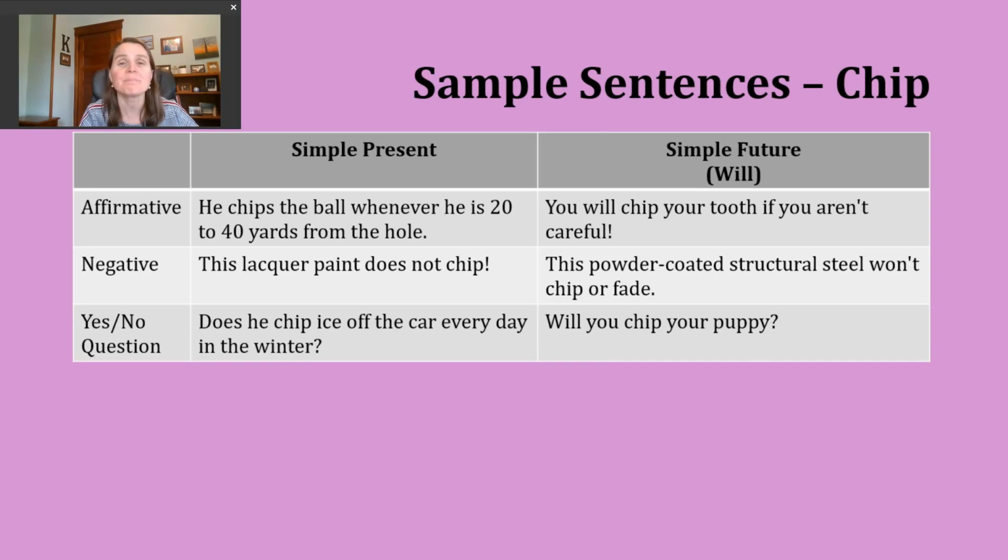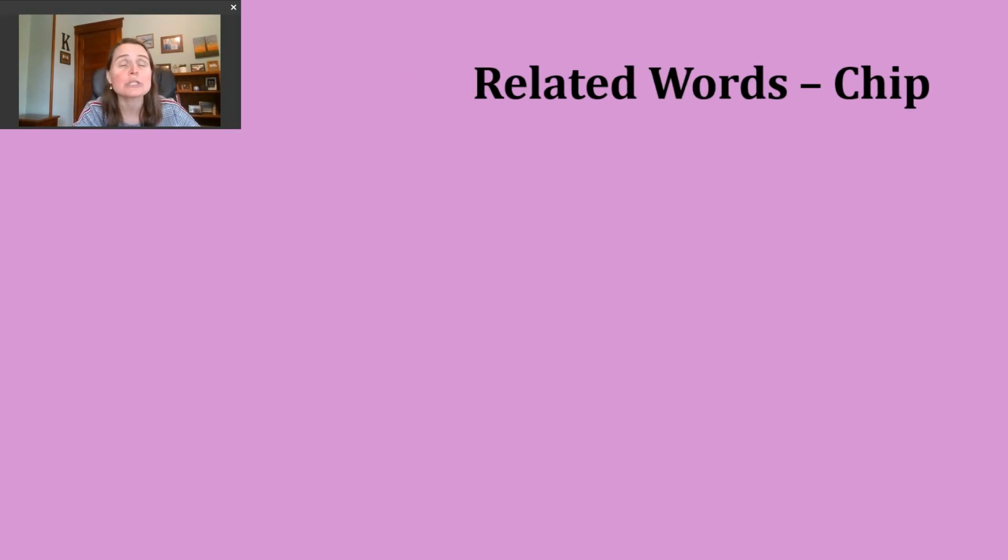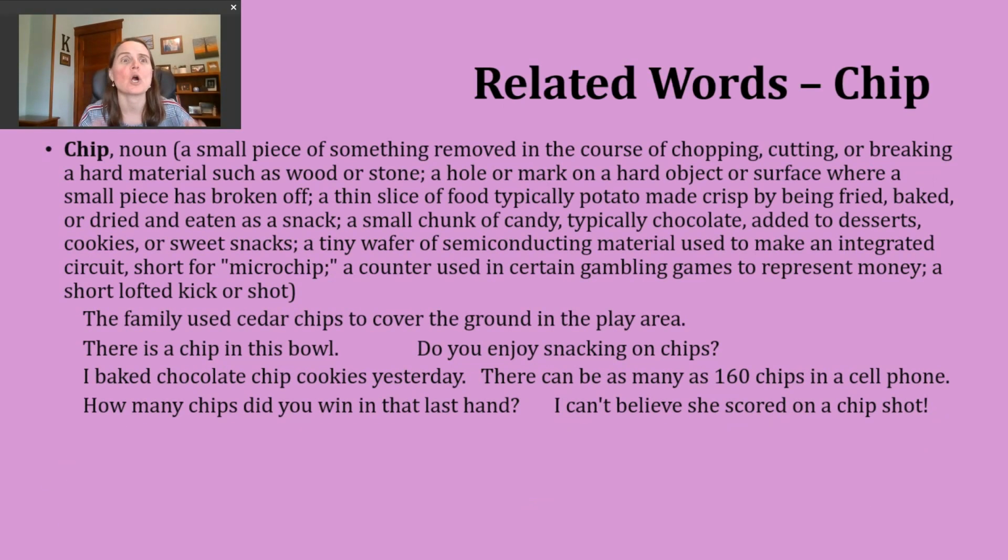Okay. Now, let's move on and talk about some words that are related to our verb chip. And there are so many different ways to use the noun chip. We're going to talk about several of them. I think I have 7 definitions for us to look at here. But first, what you'll notice is that the noun chip has the exact same spelling and the exact same pronunciation